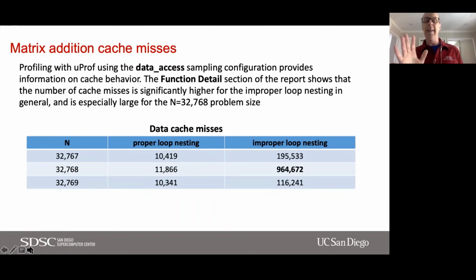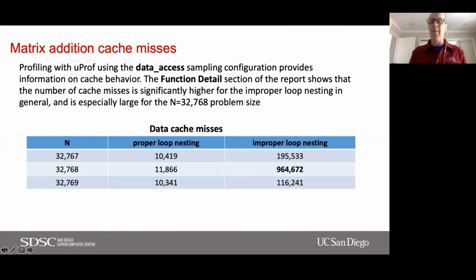So we know what's going on here. We know why the code with the proper loop nesting is so much more efficient. It's making better use of cache. It's loading that data into cache, and it's making use of that entire cache line. When we have the improper loop nesting, recall that the size of our matrices is so large that it's not all going to fit into cache. So we load data into cache, and then we have to push it out to make room for additional data before we had a chance to use all of the elements in that cache line.